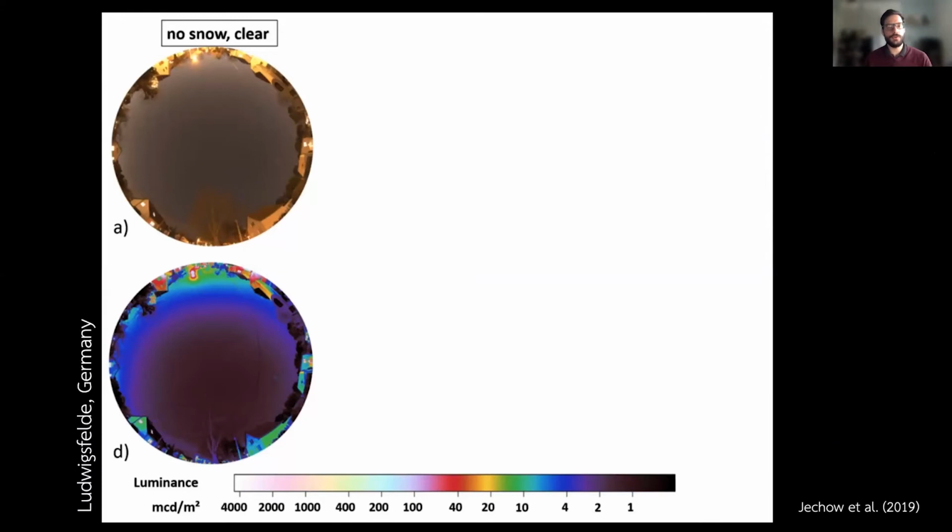Very shortly, I'll only give you some more extreme examples. For example, if you compare a location here, which was taken near Berlin, I think Ludwigsfelde, nearly 100 kilometers south of Berlin. You can see that the location itself is not that bad, but you can see Berlin, for example, here. And this was taken without any snowy surface. We will discuss later why this is important, and with a clear sky.